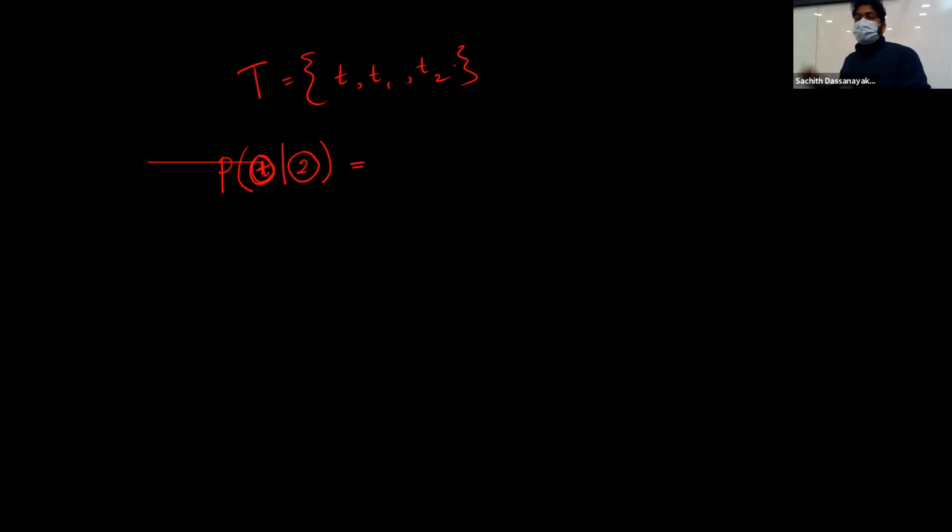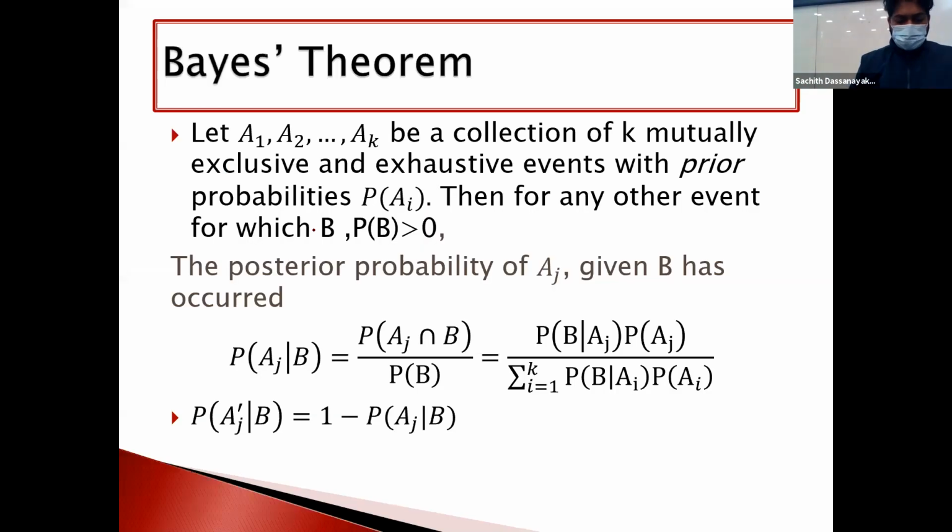Simple T's are the events inside that huge event. So if I need the probability of T given capital 2, where 2 is again a separate event,